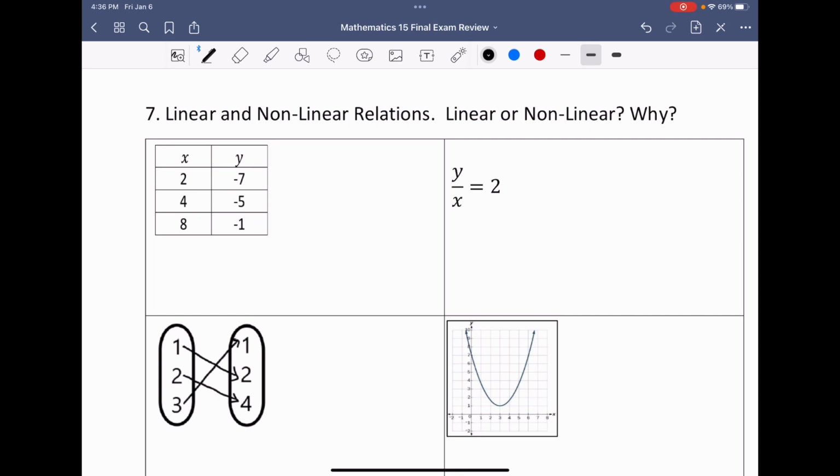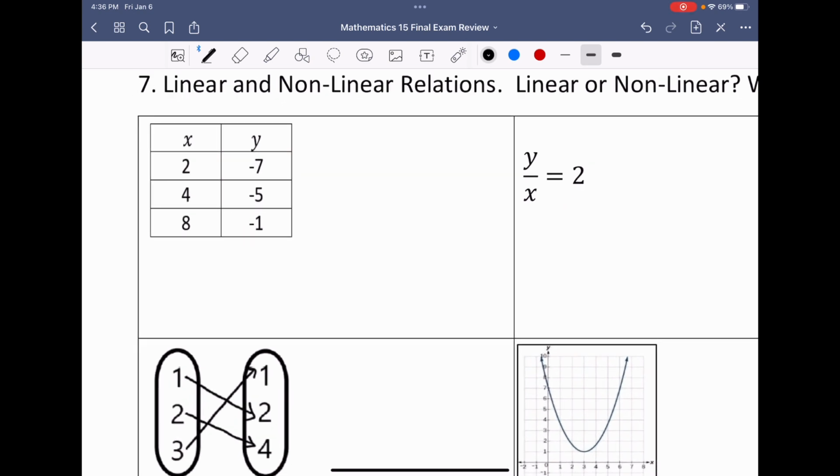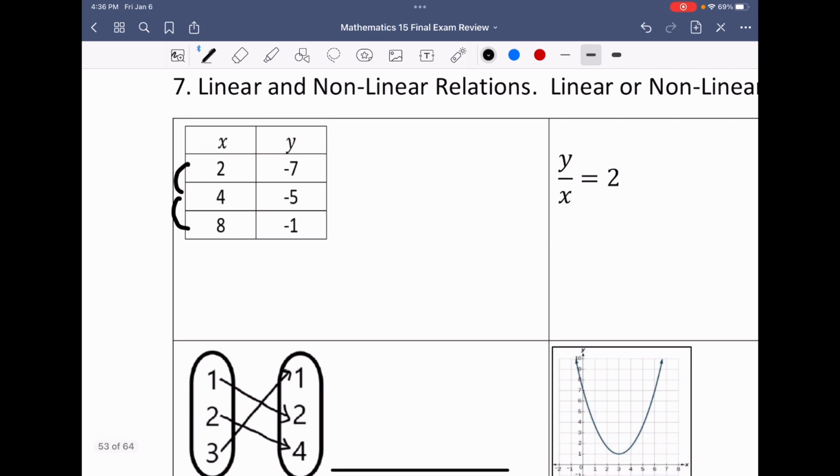I'll maybe just do a couple of these and then leave the rest for you because I have a belief that you can put these together, especially with your knowledge of slopes. So let's say I consider the first one. Well, there's definitely a set pattern between this to this. It is a set pattern of, hey, things are doubling. So it is ×2 and then ×2. And then from here to here, this is saying we have a difference of -7 to -5, which is +2 upwards. And then from here to here, this is a difference of, in this case, from -5 to -1, that's